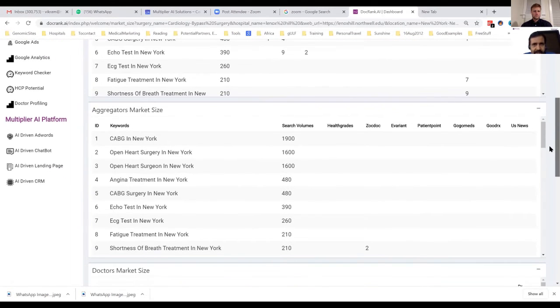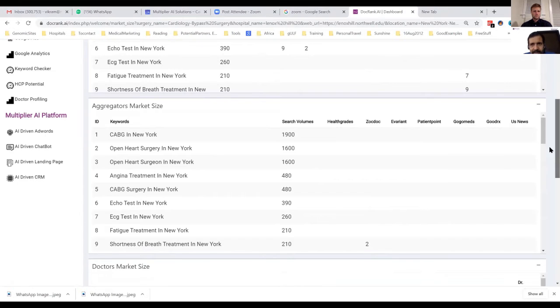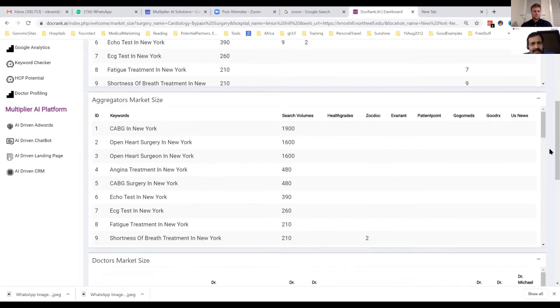This is another of my favorite slides. This is about HealthGrade, ZocDoc, eVariant, and a lot of the other aggregators and digital health firms whose very business depends on being present digitally. They do not have an offline book, and you will see that they just are not there on page one.